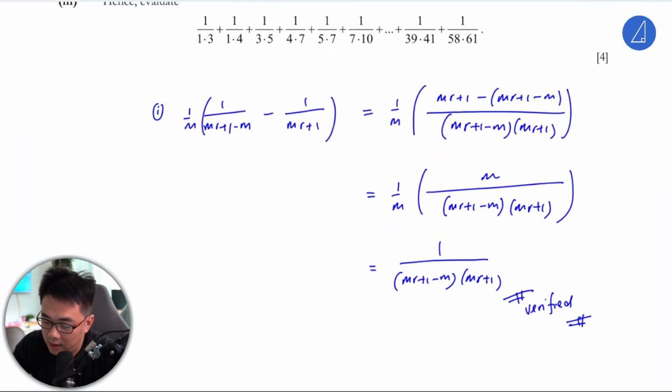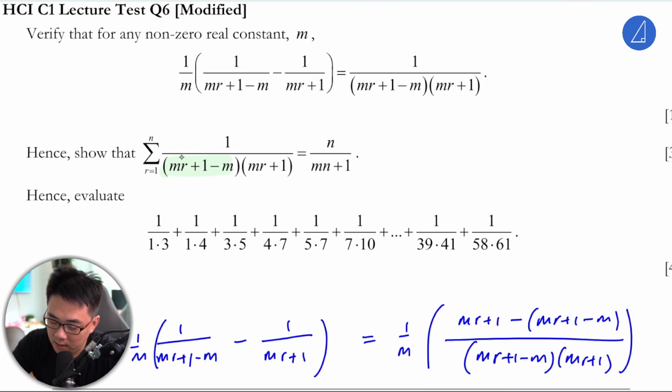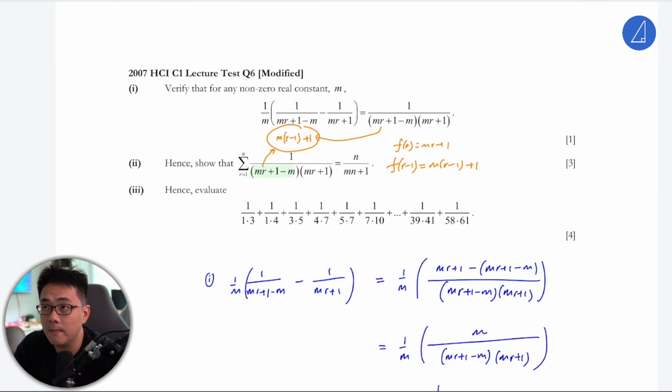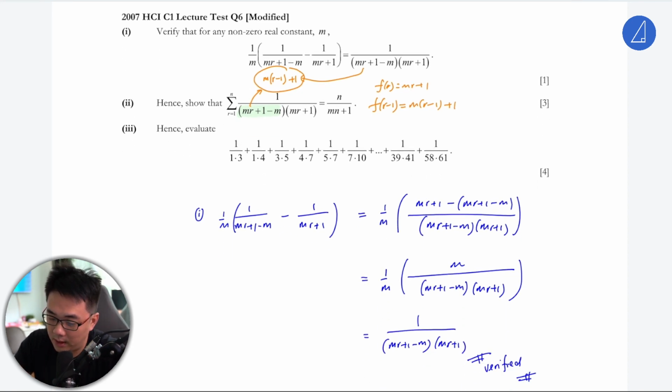Now what we need to understand is actually I think the idea here is very important. You must be able to tell that this guy here is actually m(r - 1) + 1. Okay, so you can read this as this. This is important because if f(r) is equal to mr + 1, then f(r-1) is actually m(r - 1) + 1. So that's pretty okay. So what we're going to do is I'm just going to continue on this side here. So part 2,